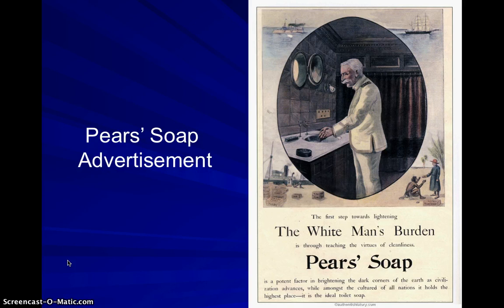So what you can see there is not only do you have the emphasis on cleanliness, but you have the exceedingly white captain there who is also wearing white in a very clean environment. And the idea is that because they are clean and because they are white, they're pure. Notice in the bottom right corner you see what appears to be potentially a missionary with a box of Pear's soap who is handing it to what looks to be a very unindustrialized native who's wearing nothing more than sort of a loincloth. The idea being that you bring them Pear's soap and it will start them on the way to the virtues